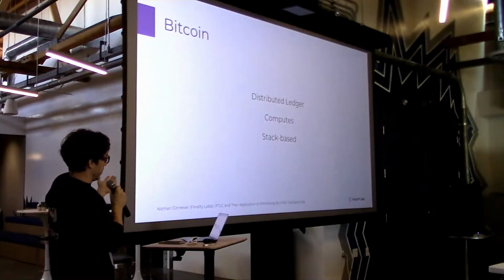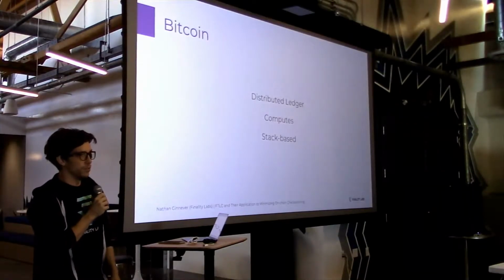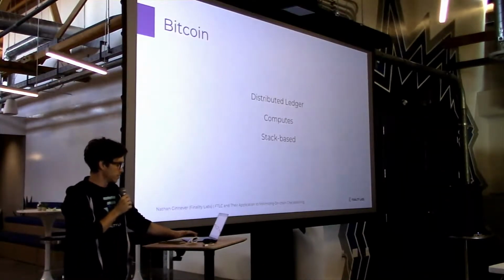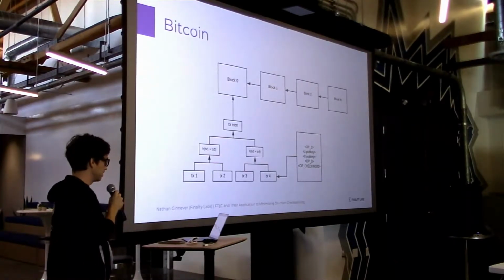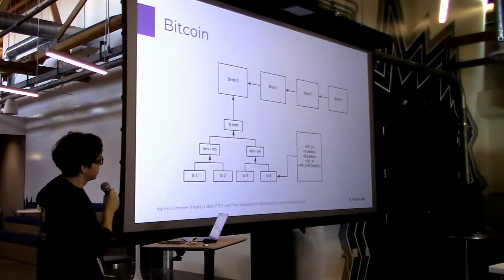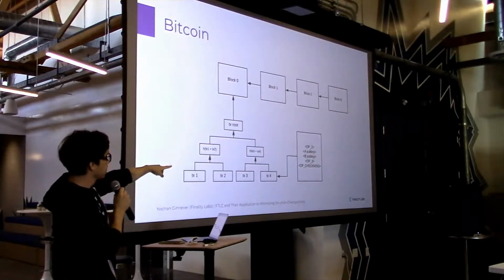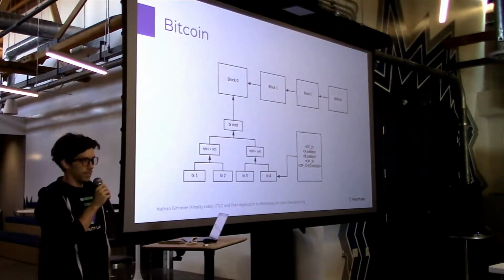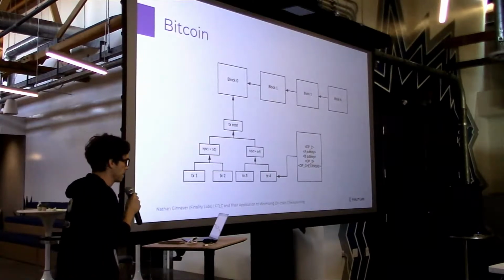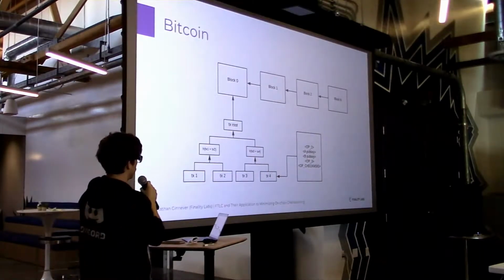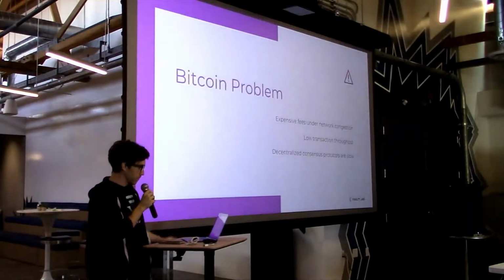So first, we were given Bitcoin, right? So Bitcoin is a distributed ledger. It computes things, and it does that through some sort of stack-based language. Bitcoin looks like this. You have a Merkle tree of transactions that get committed to a blockchain. There's a transaction down there in the bottom right corner. That transaction is specifically a multi-sig wallet. That's the opcodes to multi-sig. And you can see it just gets shoved into the blockchain, and so it has its own form of computation.